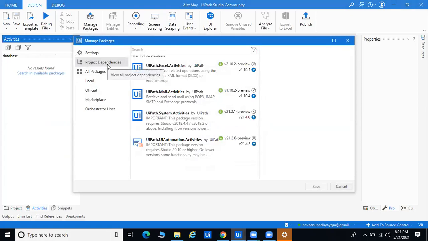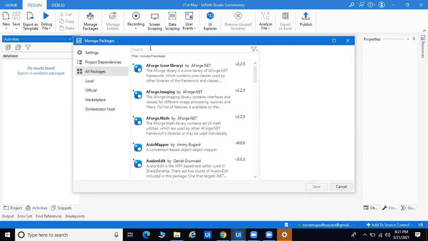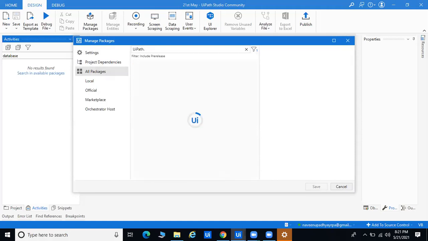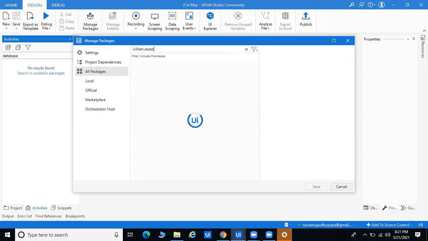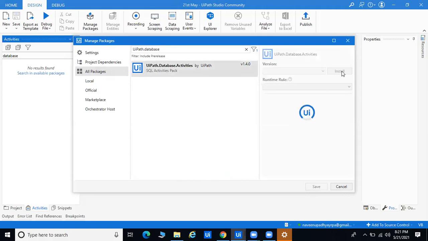Whatever activity is already installed, you can see it showing with a green mark, which means it's already installed. But for whatever new package you are going to install, you can go to All Packages and select the UiPath database package. Suppose I want to take the database, I can pass the database. You have to select your file and your install also.